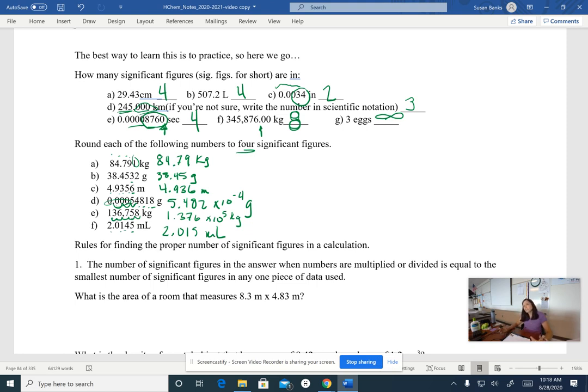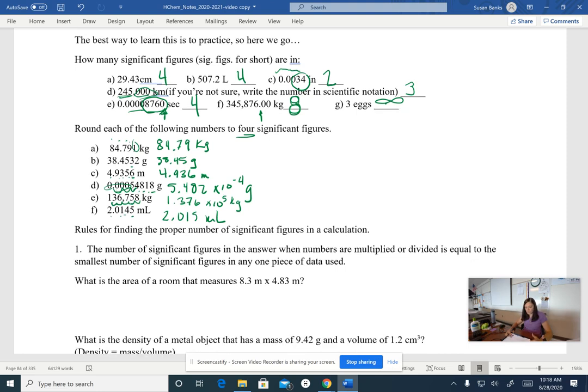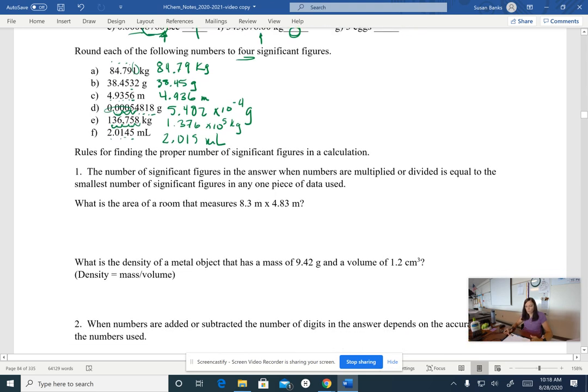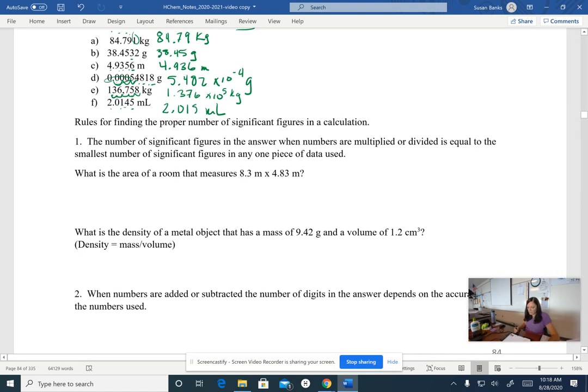Now we have to do our math a little bit different. So the rules for finding the proper number of significant figures in a calculation. We're going to first do multiplication or division, and we're going to then do addition. So what is the area of a room that measures 8.3 meters by 4.83 meters? Now, if you do this in your math class, you're going to just, the area is always the length times